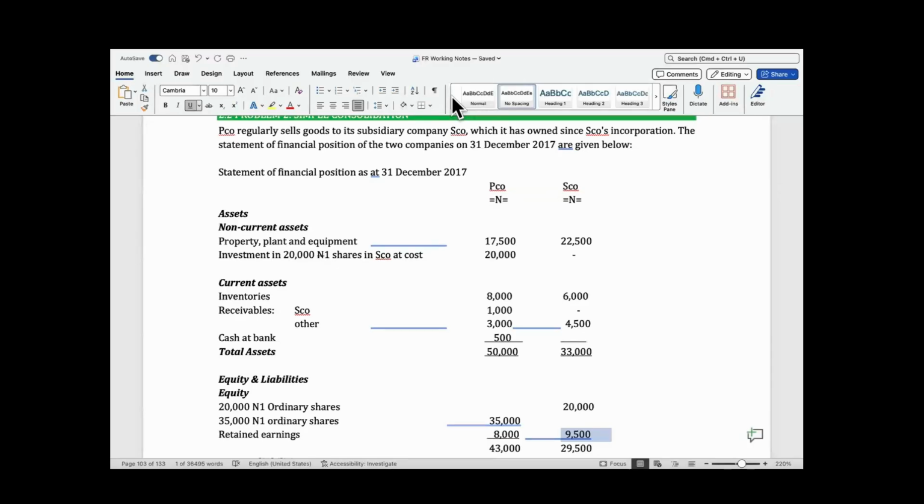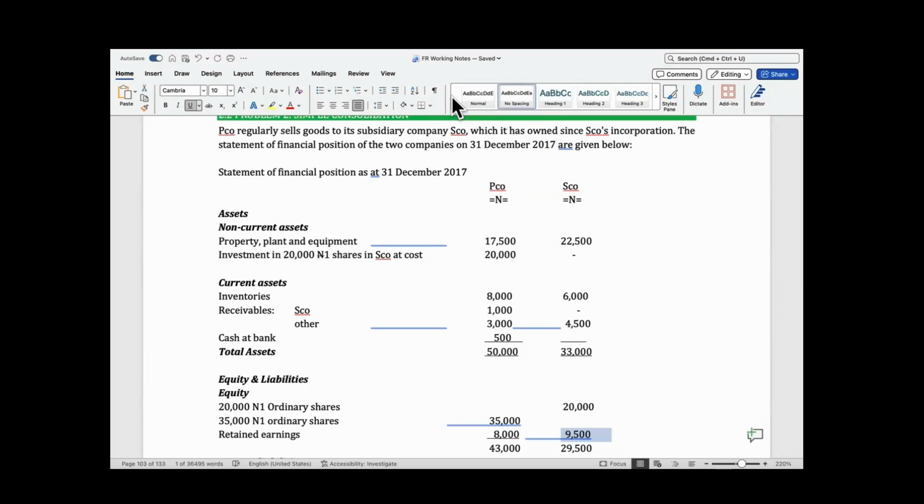Okay, good evening, sir. Good evening. Yes, my own contribution is that the investment in ESCO is stated at cost. And so that is why we have that value of 20,000 separately. But the retained earnings, since Pico also owns the whole of ESCO, the retained earnings is also owned by Pico invariably. Okay. So, I mean, why are we not canceling? Why can't we